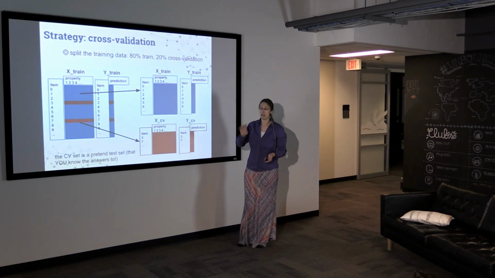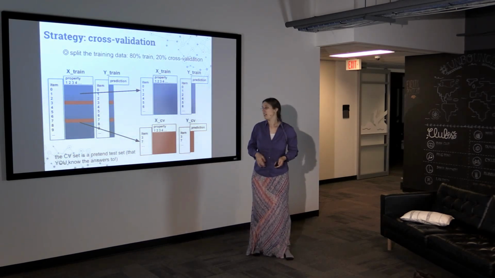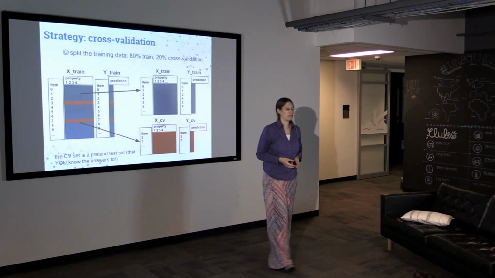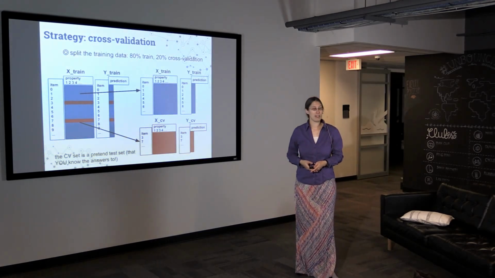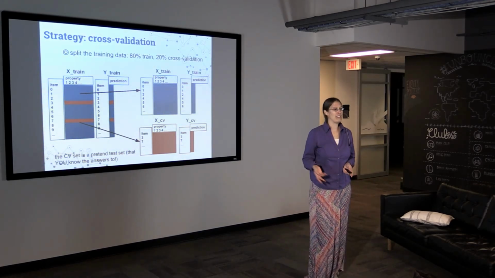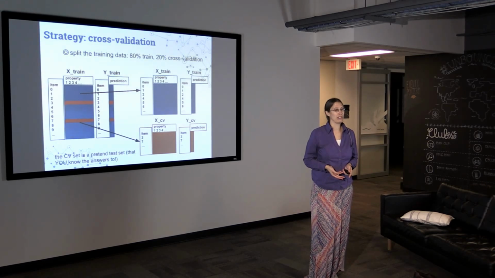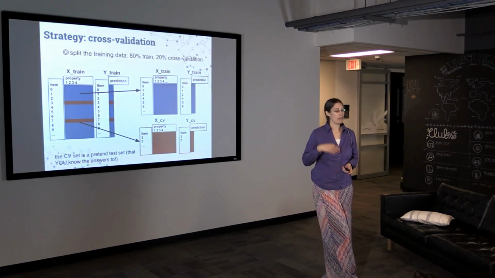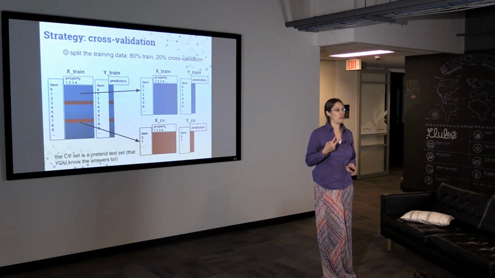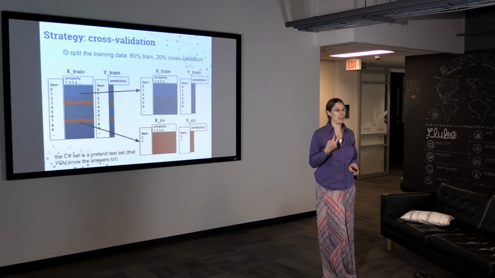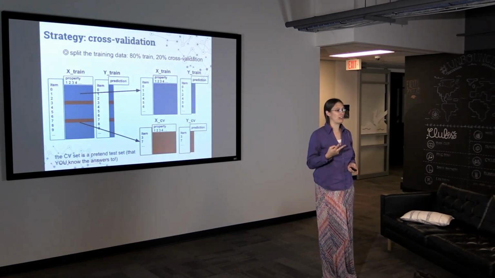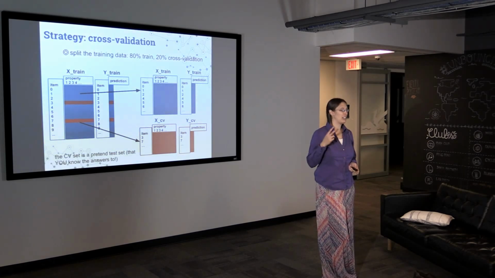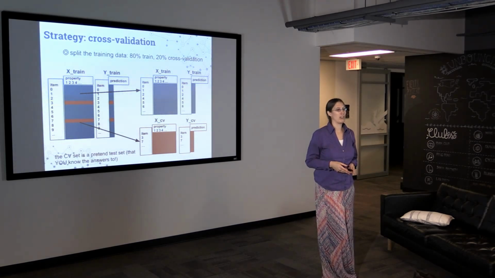Usually you make the split a couple different times, and check how the algorithm performs each time you split it. The reason this is useful is it gives you some idea of what score you can expect on the leaderboard. Before the competition ends, you have to pick your two best submissions, or what you think are going to be your two best submissions. If you have an idea of which submissions are going to be the best, then it's easier to make your picks about which ones you're going to use.